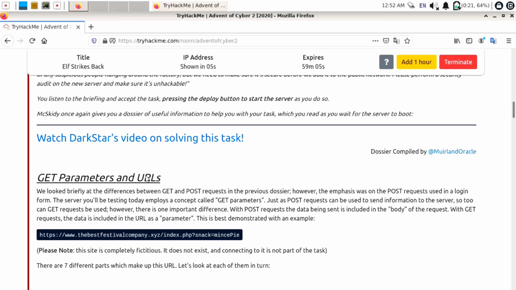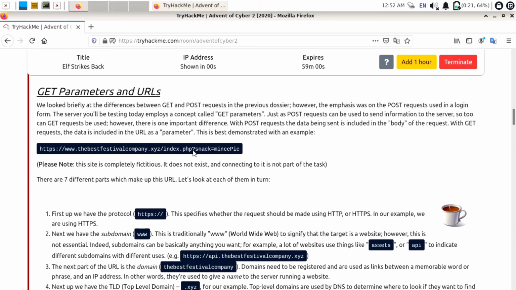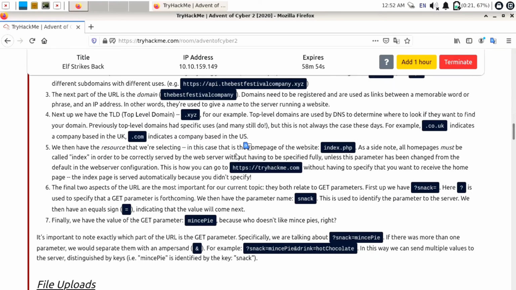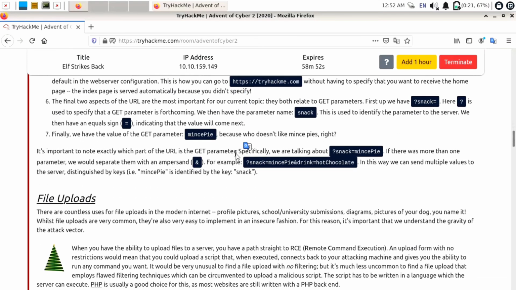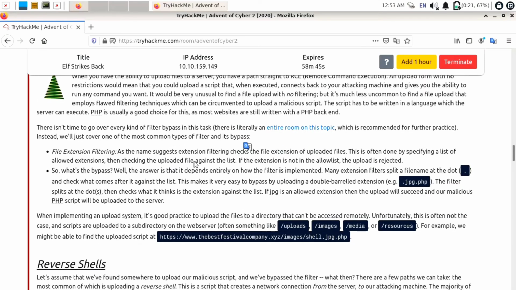Now you can just go through this theory part, like how you can use GET parameters of the URL. You can just refer to this. We will need this to access this machine. Just go through everything. They also explain how you can perform file upload vulnerabilities, like you can just rename the files. If an uploading site is allowing only .jpg or .png, you can just add the extension .php at the end, and you can bypass that filter. So we are going to bypass this filter by this trick.